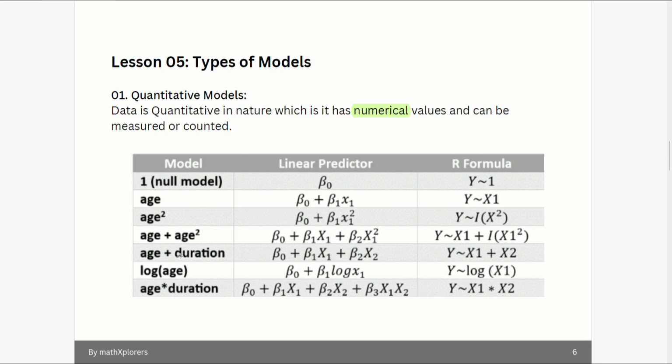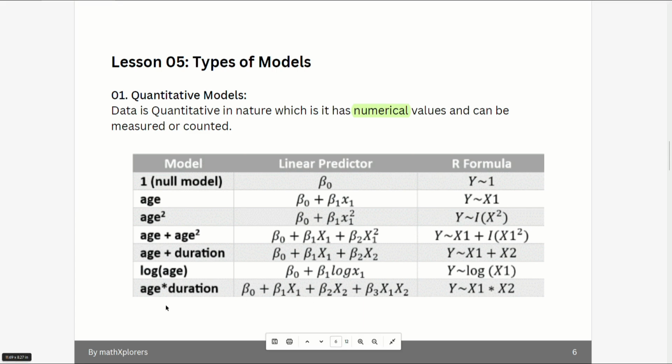Furthermore, here you must be thinking, why do we need the intercept parameter? The intercept parameter helps a linear equation to not pass through the origin, so it plays a very important role here. Furthermore, if there is a combination of two different independent variables, we take the base equation and add beta 2 x2 to it. If a square term is introduced in the independent variable, then we can say that the equation has a quadratic effect. And if there's a logarithmic term, then we can say it has a logarithmic effect.